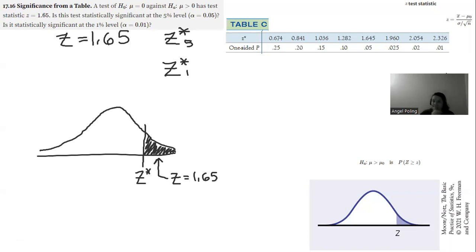You've got that z-star row that we've been using for confidence intervals, but now we're looking below that at the one-sided P and on the next one, the two-sided P. This is one-sided because we've got an alternative hypothesis that has a direction. We think that mu is greater than mu naught, for example. So our 5% level